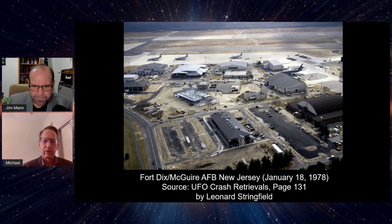Fort Dix, McGuire Air Force Base, New Jersey, January 18th, 1978, page 131. Another very controversial case. There's a lot of people who believe that this might not be actually true. And it's possible. It could be, except for the fact that George Filer was there the morning this happened, and he was a part of all the commotion where these UFOs were seen over the base the very early morning of the night before. So he was kind of a secondary